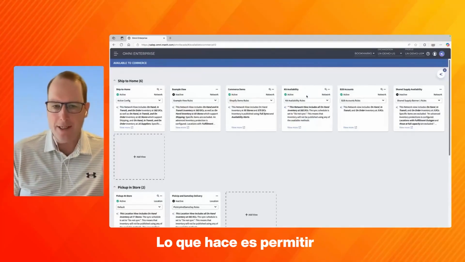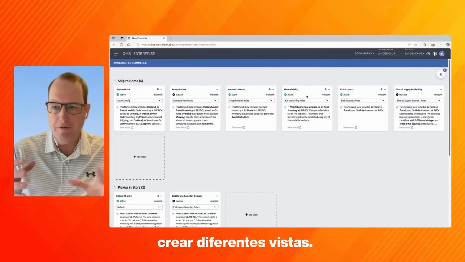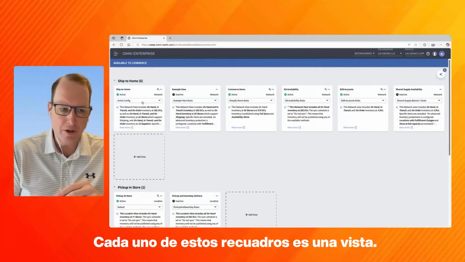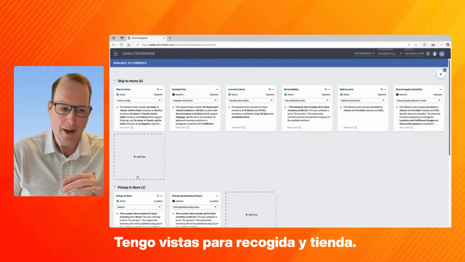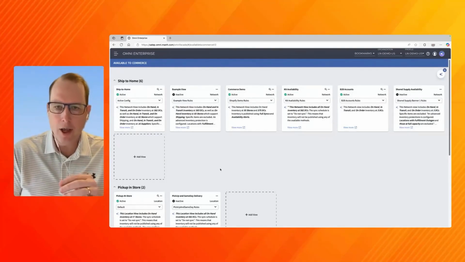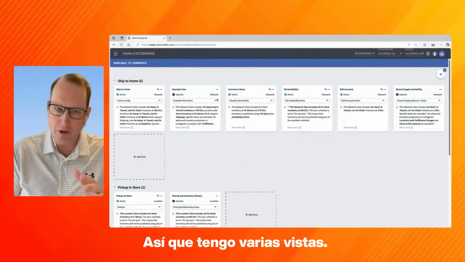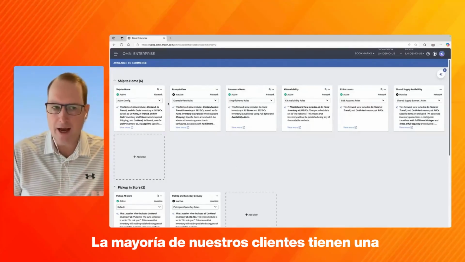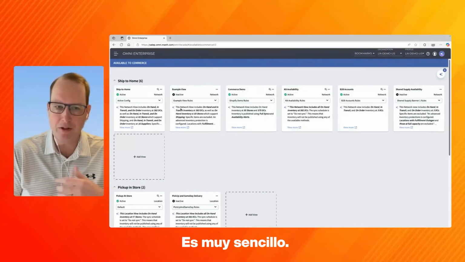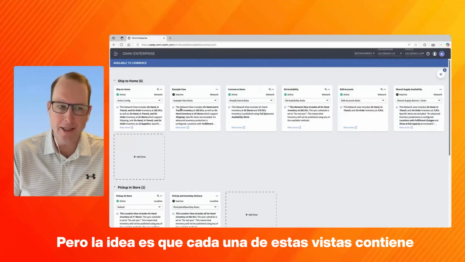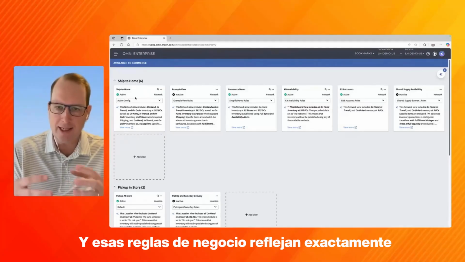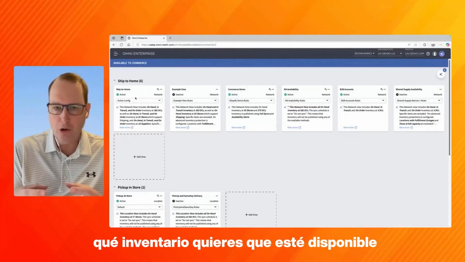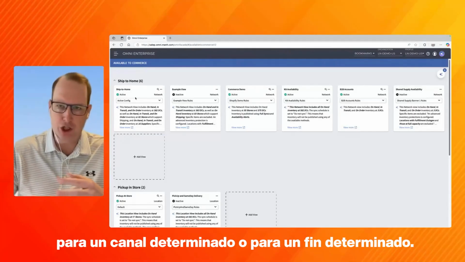What this does is it lets you create different views. Each one of these boxes is a view. I have views for delivery or ship to home. I have views for pickup in store. I do a lot of demos, so I have several views. Most of our clients have one or two of each of these, so it's very simple. But the idea is each one of these views basically contains a set of business rules. And those business rules reflect exactly which inventory you want to make available to a given channel or for a